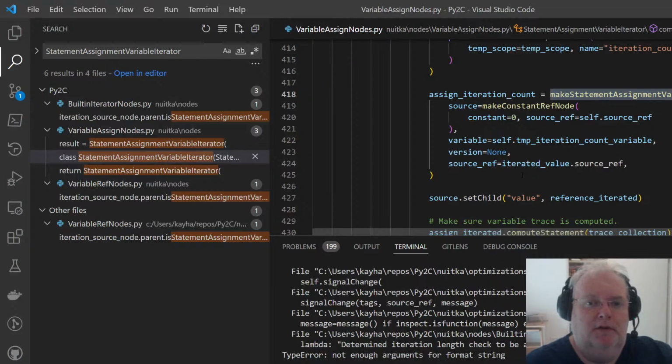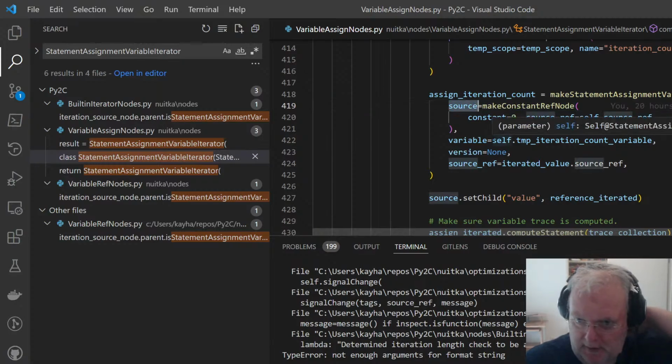So the assignment has a source, and that's a node. And as you can see here, assigning 0 to the count variable, there is still a constant node. And this can be used, for example, this node when value propagating it to an expression.